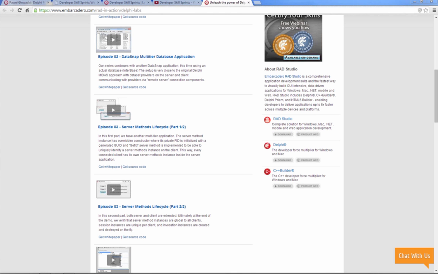There are three possible options here. The default option is the session, which means that the moment the client connects to the server, a dedicated instance of the server methods class is instantiated inside the server process just for this particular client, and the moment it disconnects, this